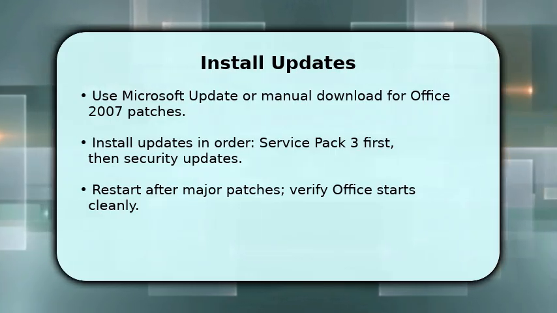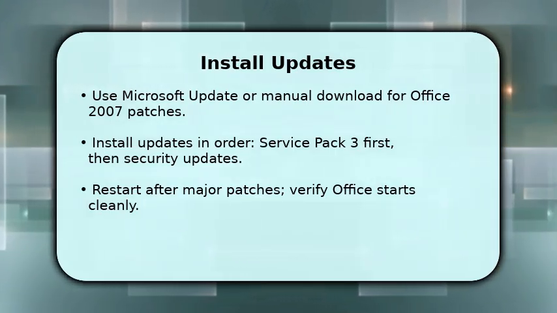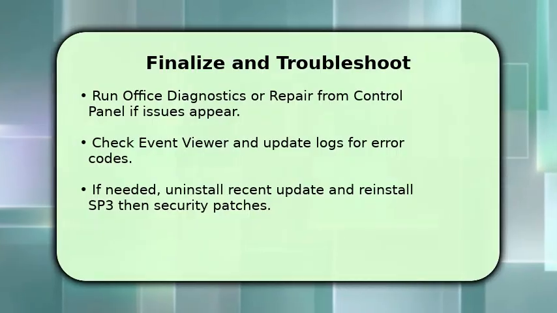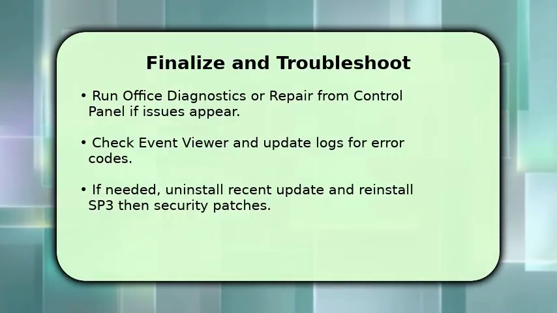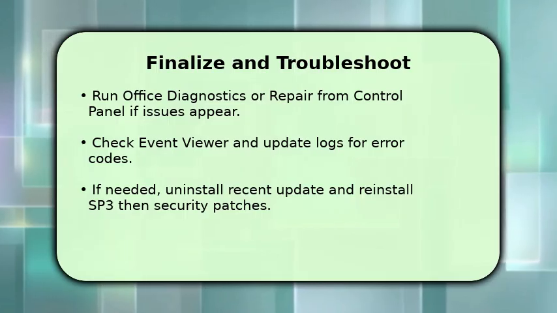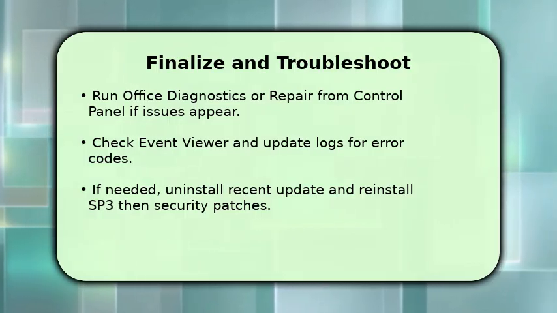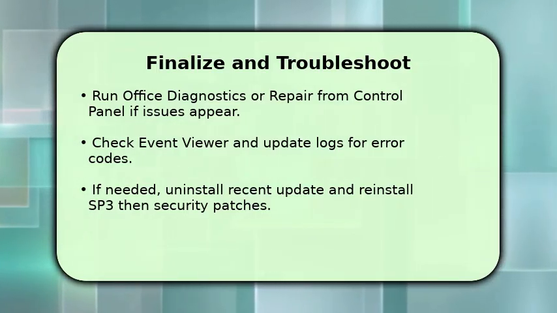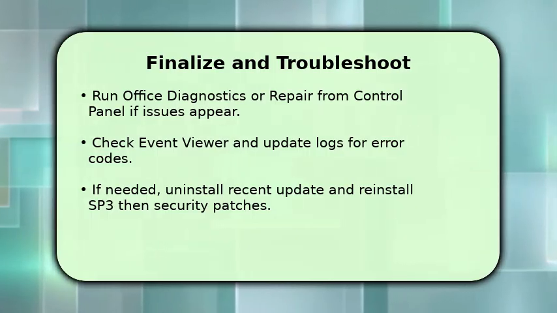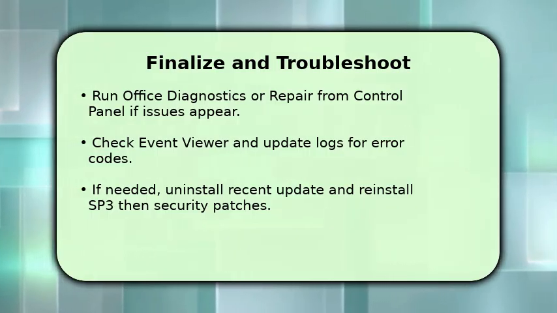You finish by validating and addressing problems. After the last update, open Word or Excel and test templates, add-ins, and file opening. If an application fails, use Control Panel to run repair or Microsoft Office diagnostics to fix registry and file association